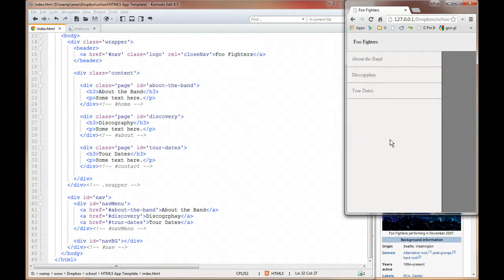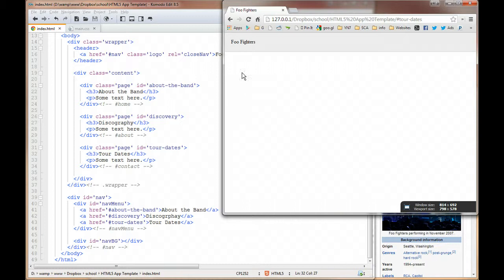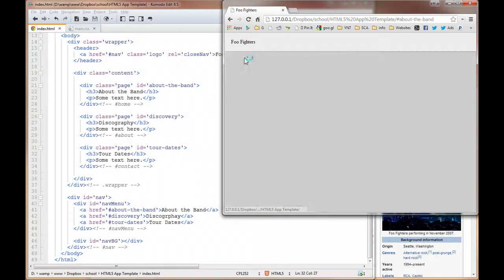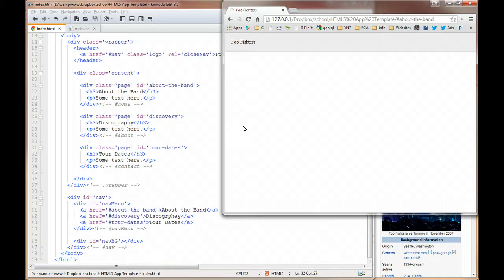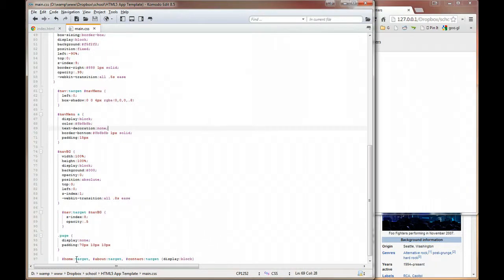Now if I come through here and refresh my page again, clicking on, hold on, discography. Give me just a second here. I apparently have some sort of an error happening. Fighters, about the band. Oh, I know what this is. We have to go in and update our CSS as well. Okay. Since we're doing this all through HTML and CSS, we don't have any JavaScript driving it, so we do need to